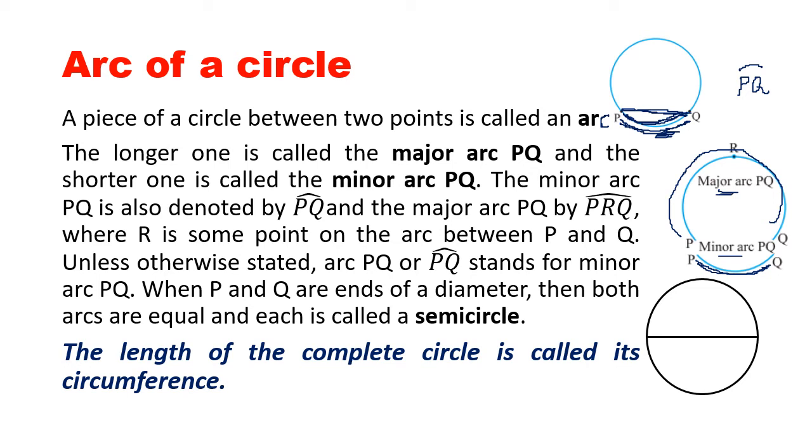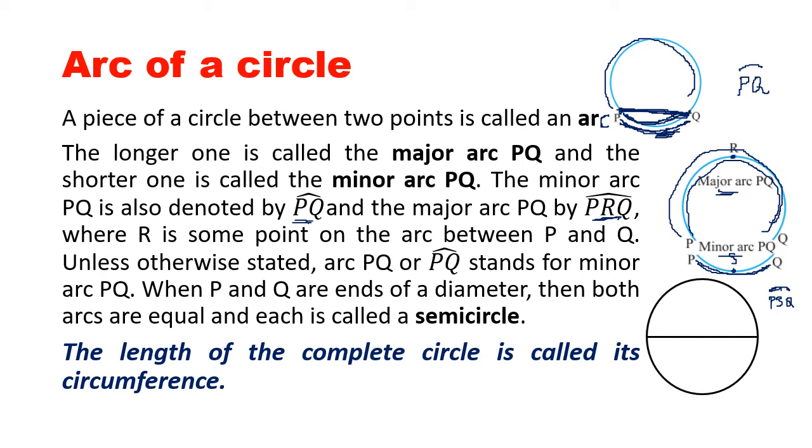So we can write minor arc PQ like this. But sometimes when we write PQ, we do not know if it's minor or major. Now you can see there is one more point R. So we are indicating PRQ. So PRQ is the major arc. And if I write a point here S, then I can show PSQ is the minor arc. So every chord on the circle, with its endpoints on the circle, will break the circle into two parts, a bigger part and a smaller part.